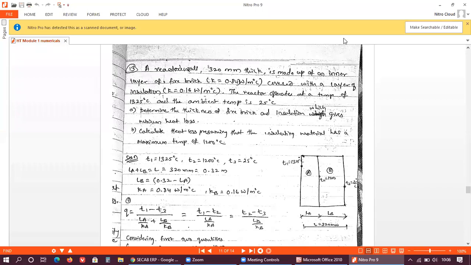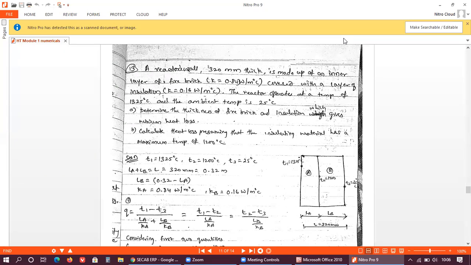So basically, two wall reactor it is. Okay. So here, as we discussed in your previous classes, the rate of heat transfer throughout the composite wall will remain constant. The value of Q is equal to Q1 is equal to Q2 is equal to Q3, right? We have discussed how to generate the equations in the previous class. The same we are going to implement over here.